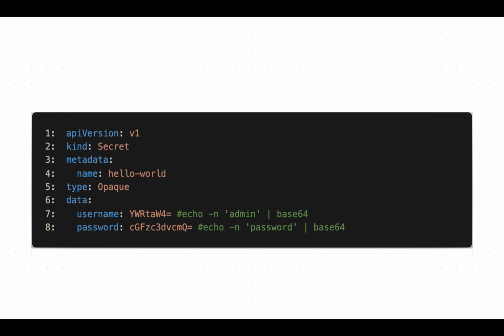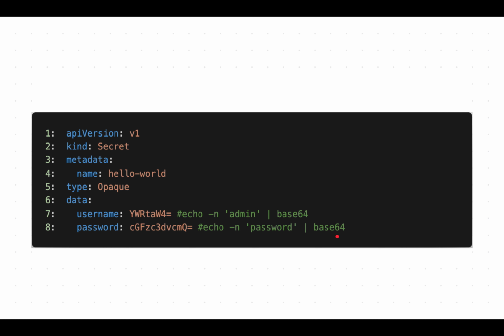So a simple configuration for a secret is something like this. Similar to the config map, you have the data part, where the username is a base64 encoded string, and this is the process of encoding it. In this case, you have admin, and the password is also mapped to a base64 encoded string, which is encoded the same way.